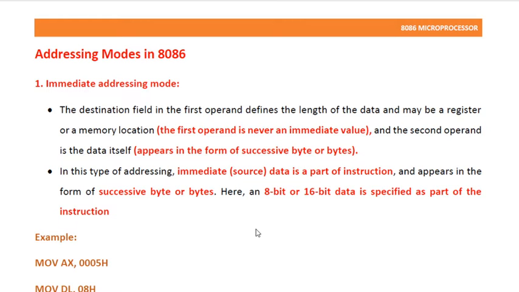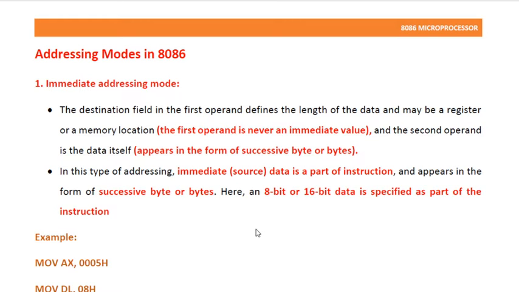and may be a register or a memory location. So the first operand is either a register or a memory location, but it can never be data. Please remember, the first operand is never an immediate data. Now the second operand in such an addressing mode is the data itself, appearing in the form of